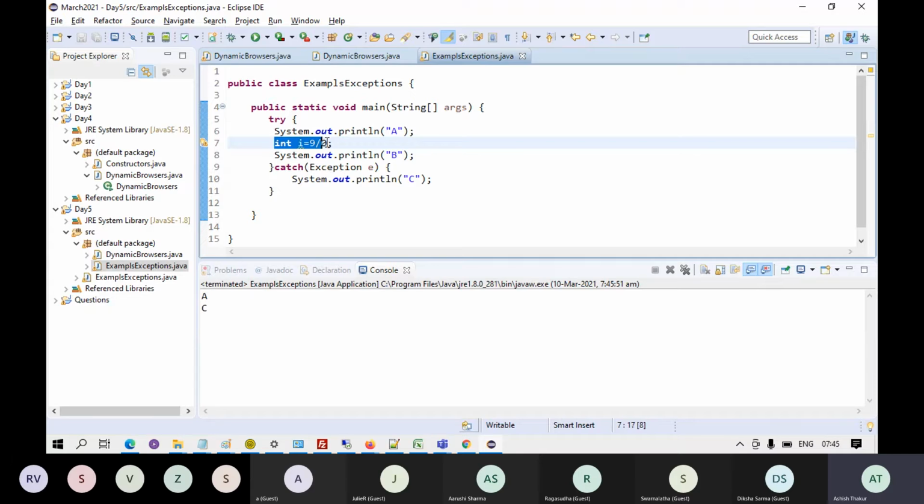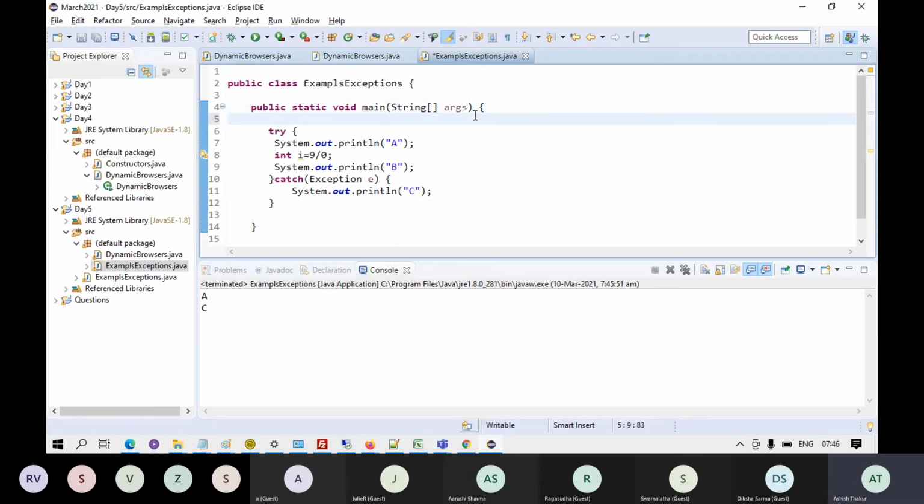On this line, the exception comes up, and the control goes to the catch block after that. This line is not executed because as soon as the exception comes up on this line, the lines after it will not be executed in the try block.